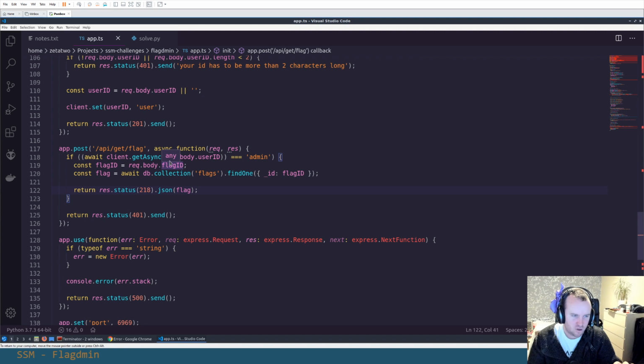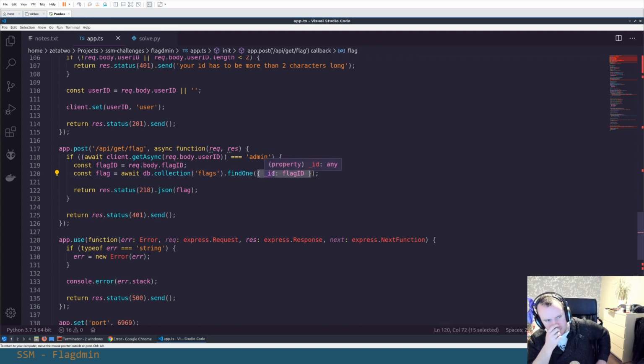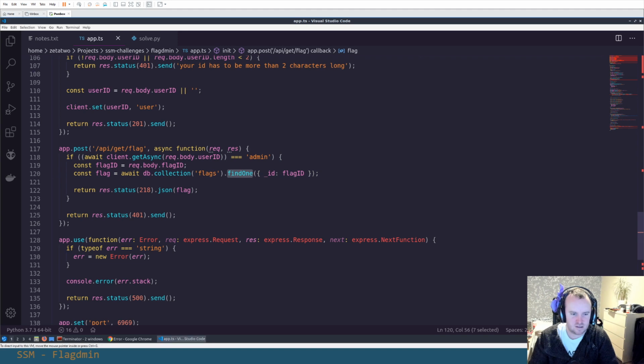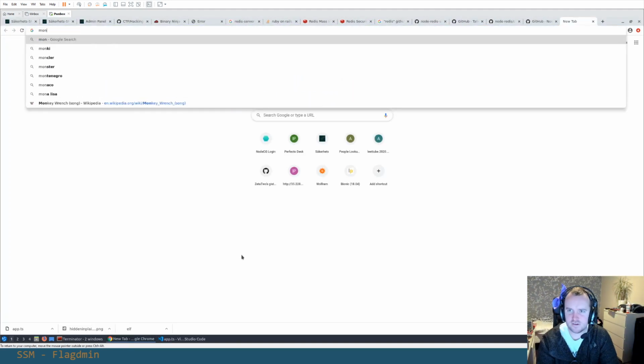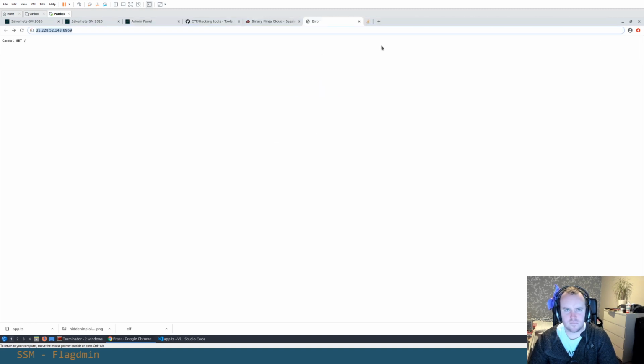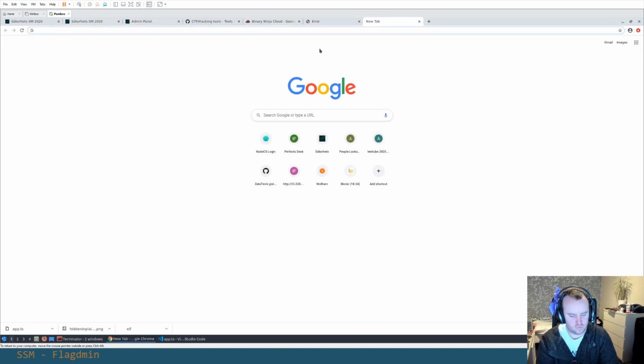Okay, so now we come to the MongoDB part, and I assume that we can just do some kind of NoSQL injection here. The question is, I need to look up the documentation for this. First of all, let's close all the Redis stuff. And then do